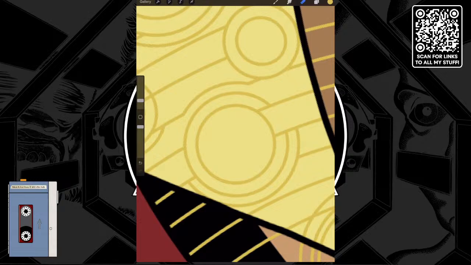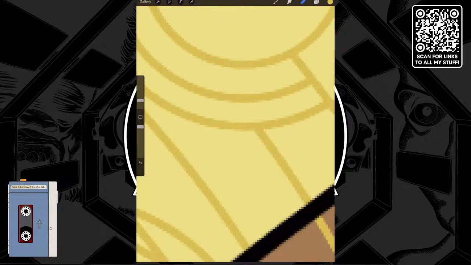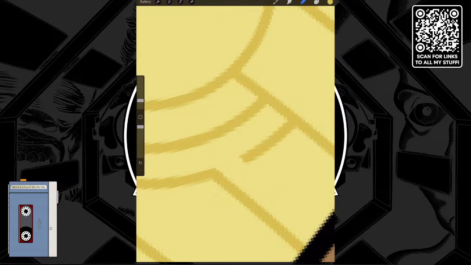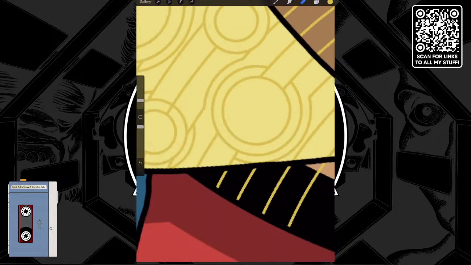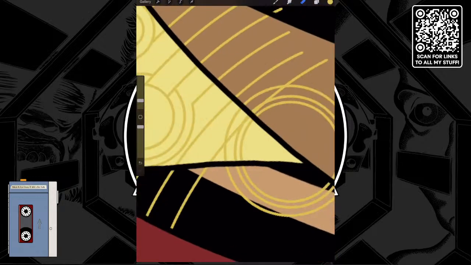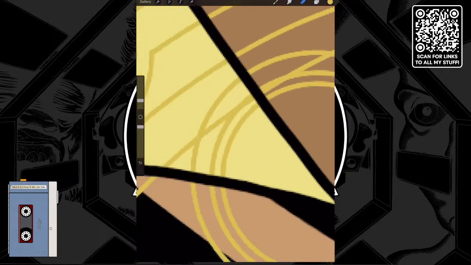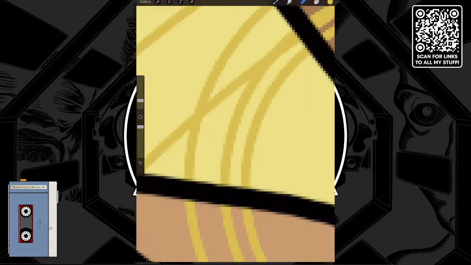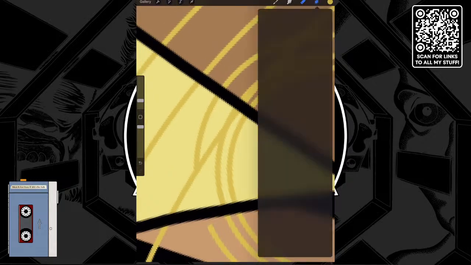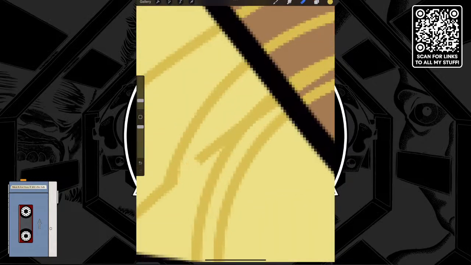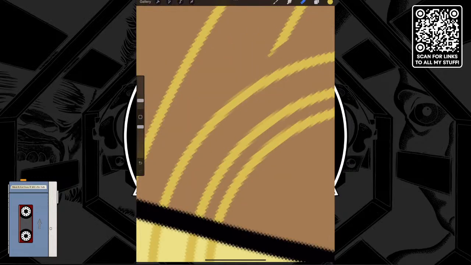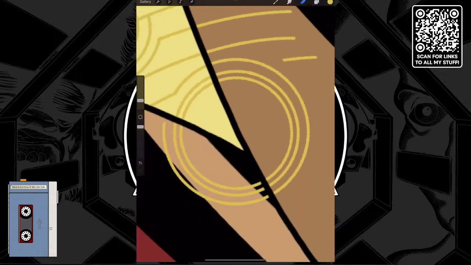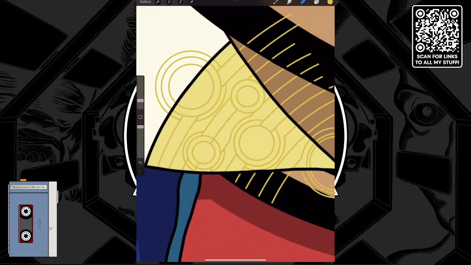Okay. So that's good. This one down here, we need to get rid of that. And all of that. You can't see the other side, so that doesn't matter as much. Now here, well, this one's pretty easy. Just gotta get rid of that. And then on the other side, we get rid of this. Just have to be careful about it, but we got it. Okay. There we are. And that all goes away because you're not going to see that. You're not going to see any of that.